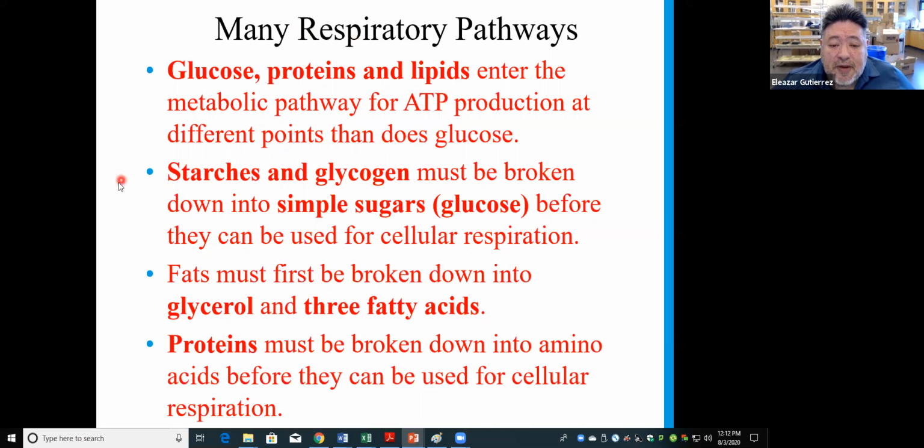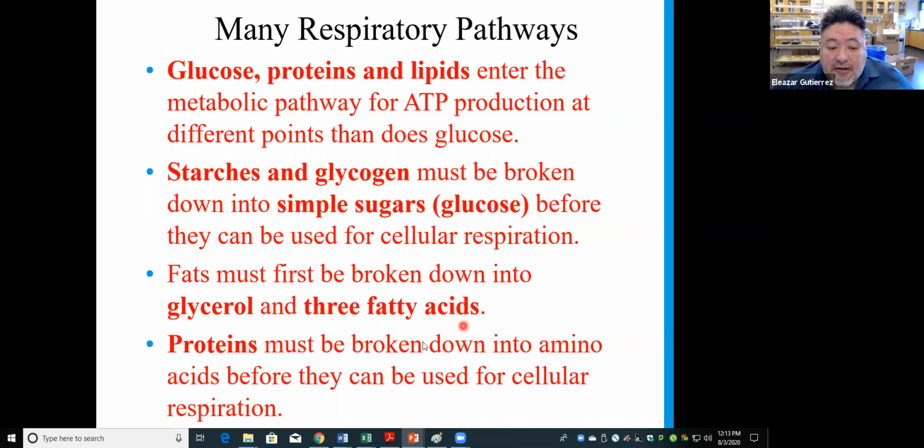Starches and glycogen must first be broken into simple sugars, glucose, before they can enter cellular respiration. Okay, so that's important. Fats must first be broken down into glycerol, which is a sugar, and 3 fatty acids, and these enter the Krebs cycle through what's called beta oxidation, and it makes an acetyl group, which enters the Krebs cycle as acetyl-CoA. Okay, what you need to remember is that fats need to be broken into a sugar and 3 fatty acids before it can enter